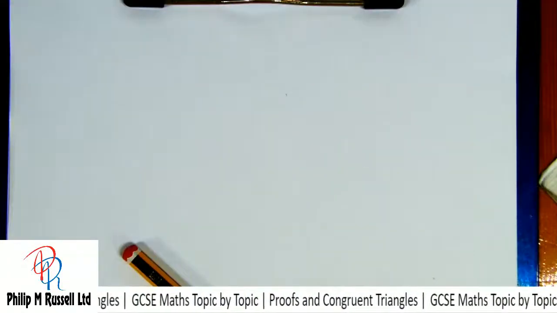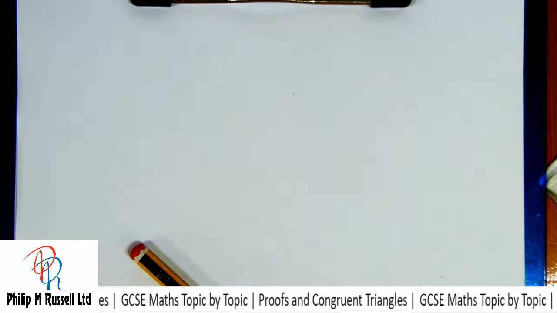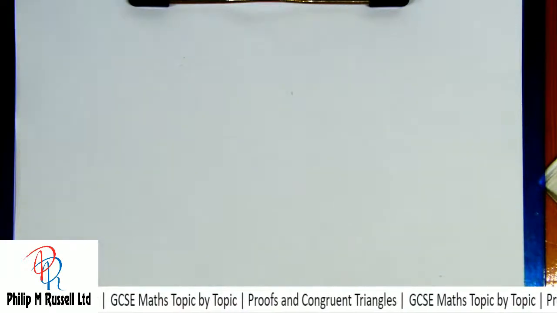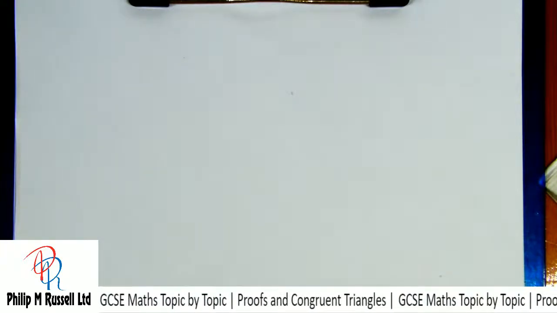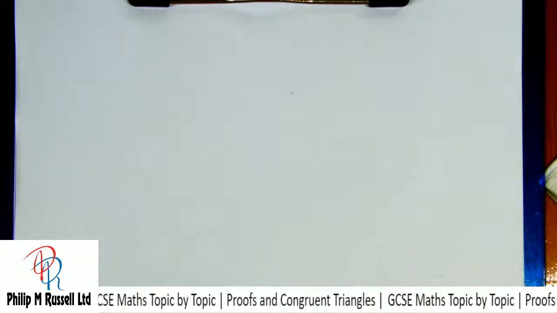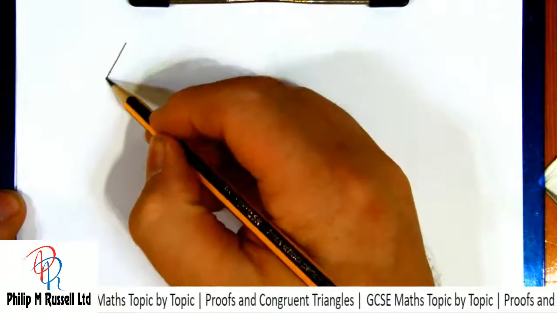You don't have so many proofs, but there are some with the circle theorems, and we'll look at those as we go along. So let's have a look at what we need to know. Well, what we need to know for circles and for working out triangles in general is that if we've got a triangle,